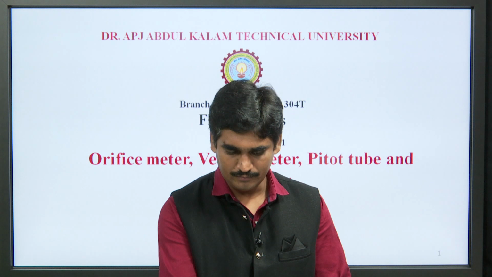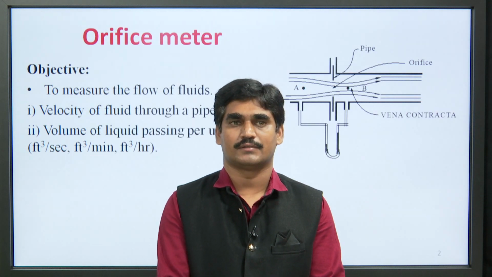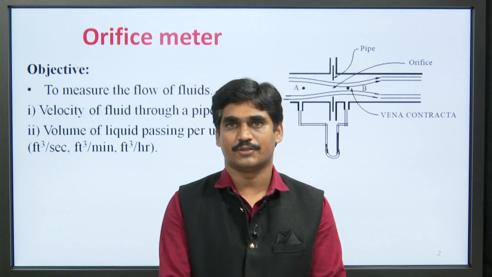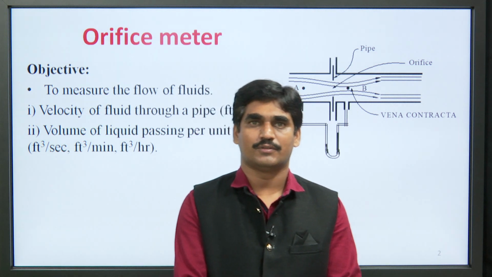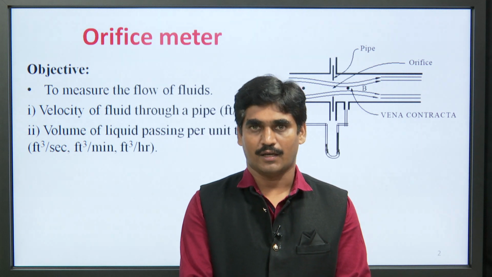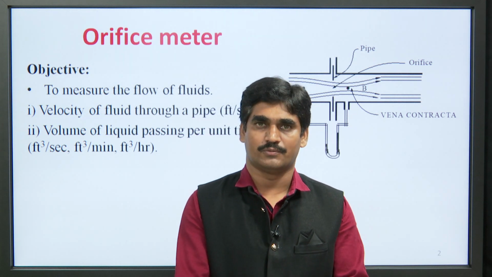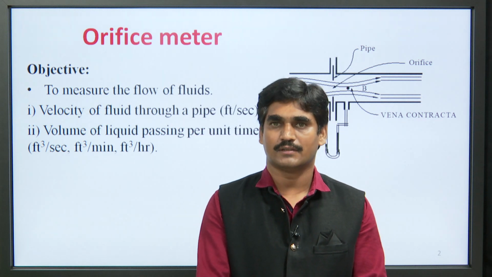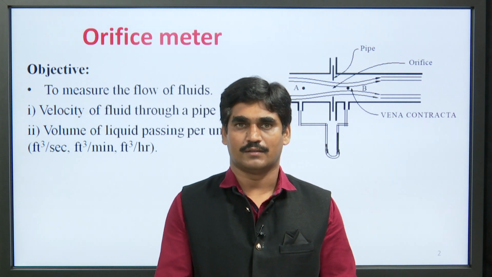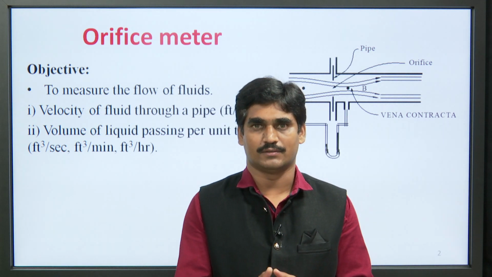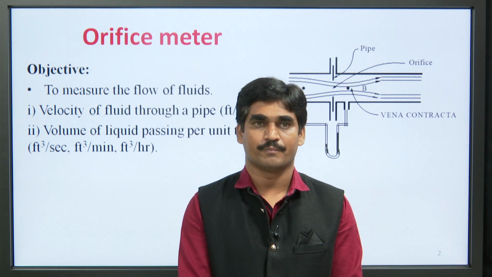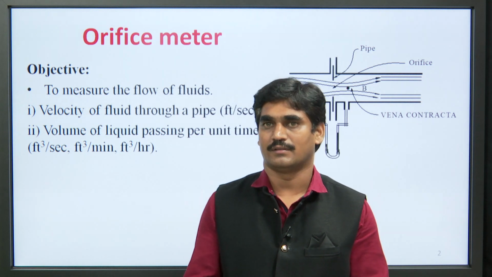Let us come to the first meter, that is orifice meter, which we are using for the measurement of rate of flow of fluids. The objective of this orifice meter is to measure the flow of fluids. How we can measure the flow of fluids with the help of orifice meter? By measuring the velocity of fluid that is flowing through this pipe. Velocity is measured in feet per second, and the volume of liquid passing per unit time through this assembly or